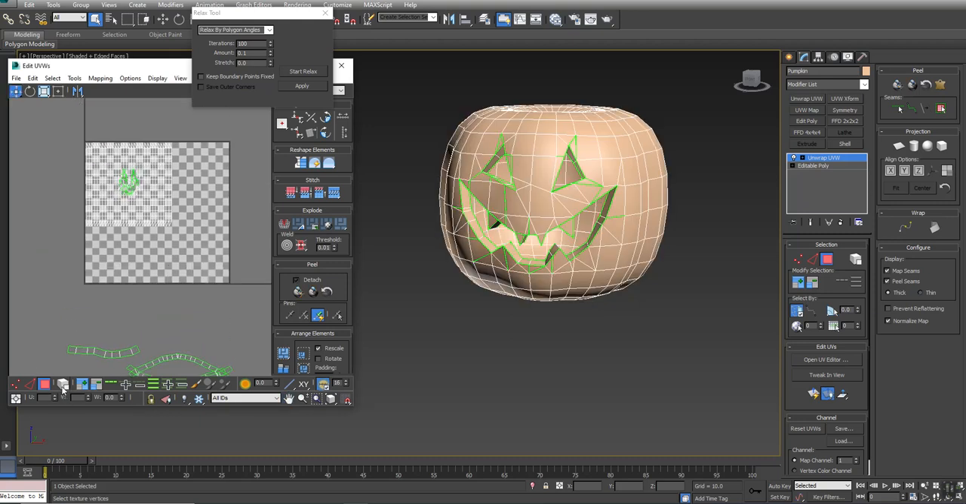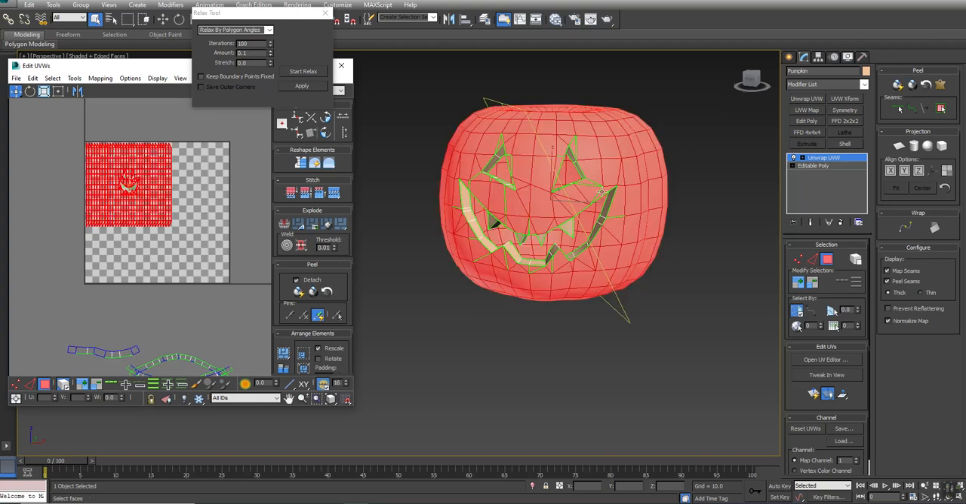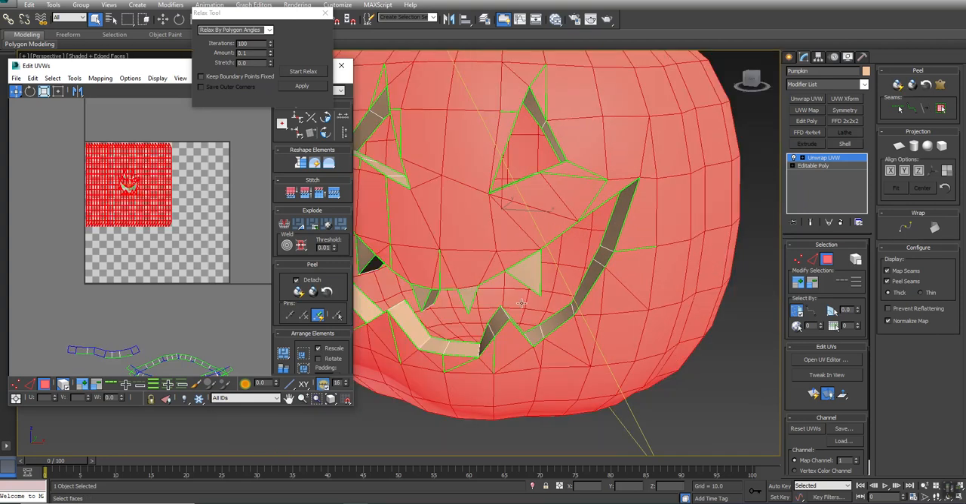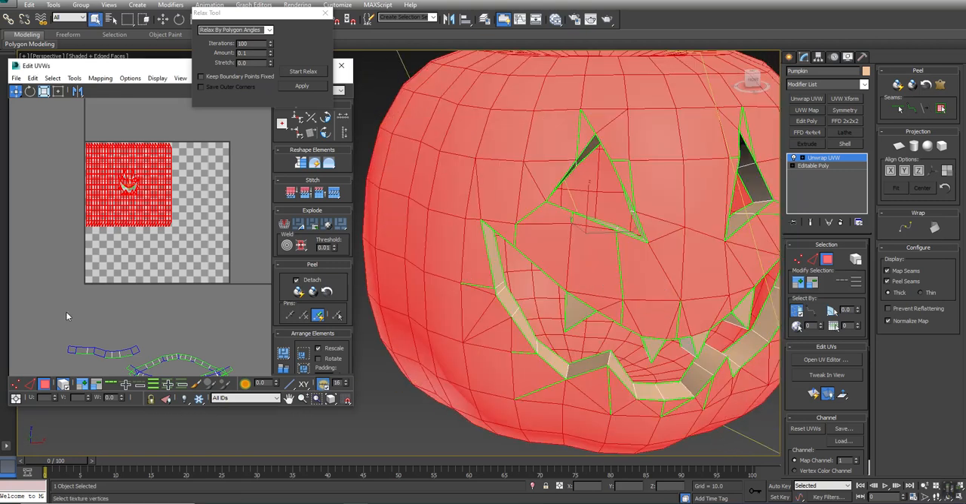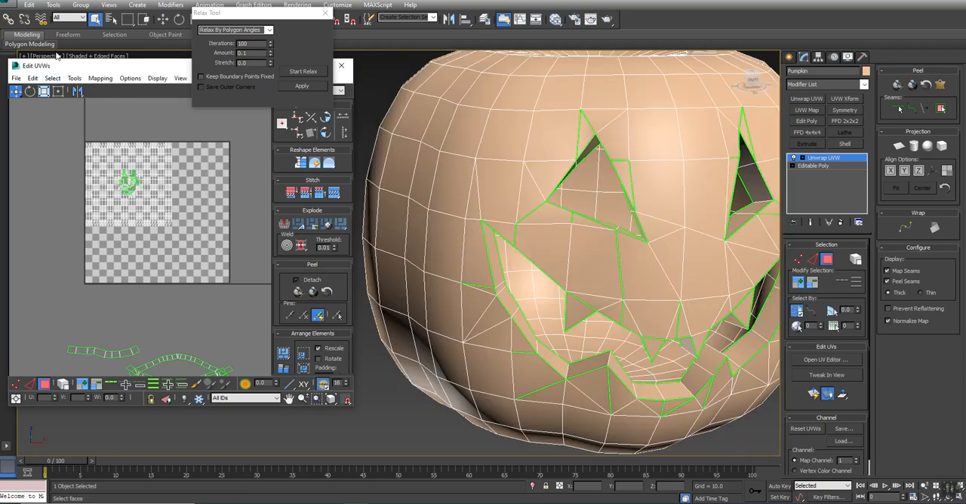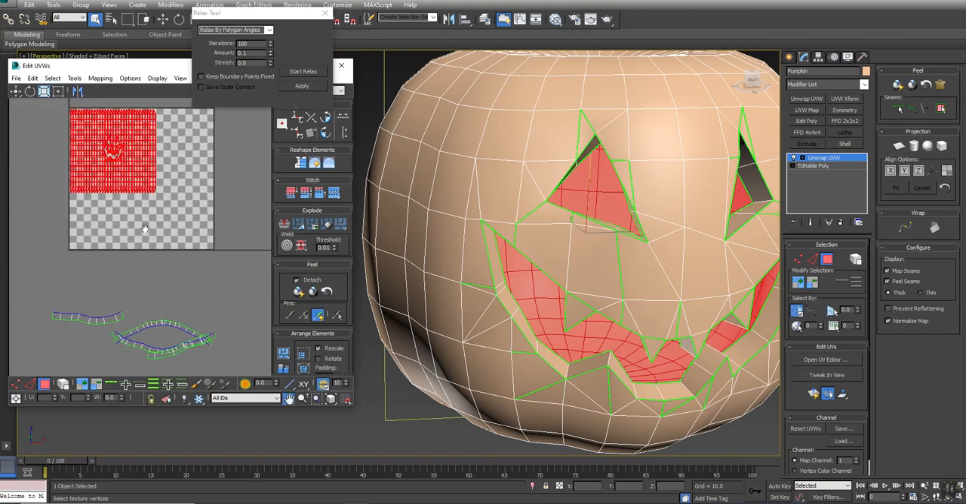Actually, that's crazy. That's the wrong way to do it. I'm going to turn on select by element. I'm going to click to select my pumpkin here. That's not working the way I wanted either. Let's turn that off. I think the way to go is select inverted. There we go. So now that's got everything on the inside, so I'm going to hit break, and now I